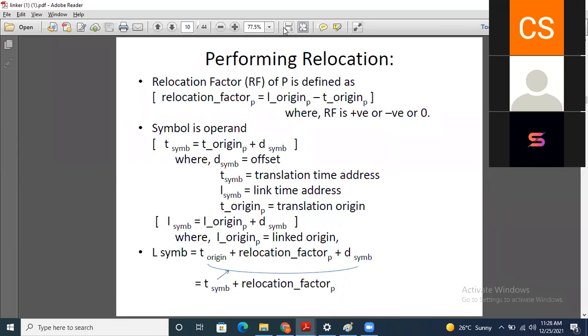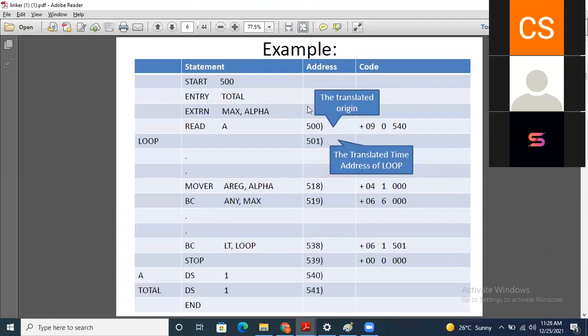Translated origin plus offset. If you see this program, I have the symbol A. The T origin is 500, and the offset is 40.